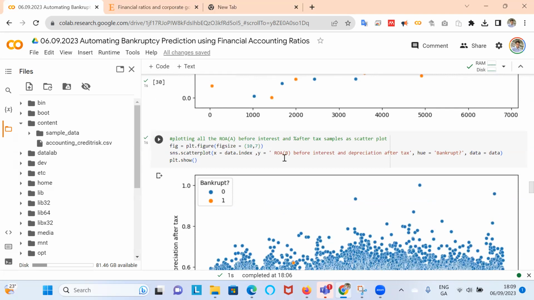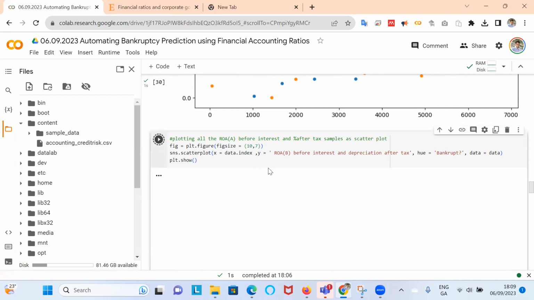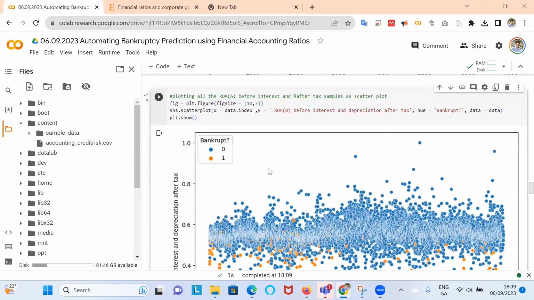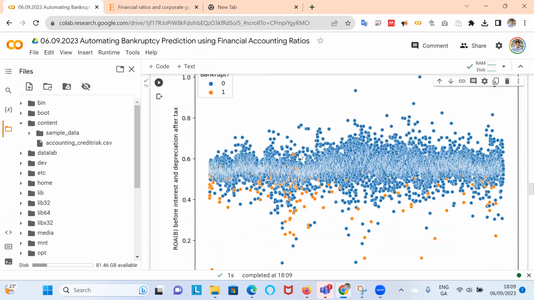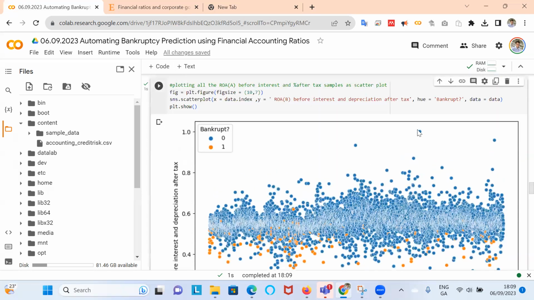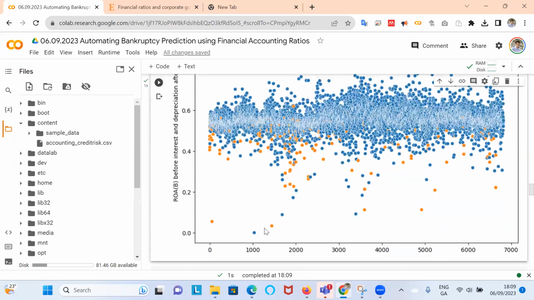Again, same but ROAB, so before interest and depreciation after tax. Run the same scatter plot from Seaborn. A similar pattern emerges. Again, the story here is profitability. If you're a highly profitable company, perhaps the chances of being bankrupt are greatly reduced. But if your profitability is low, chances increase.